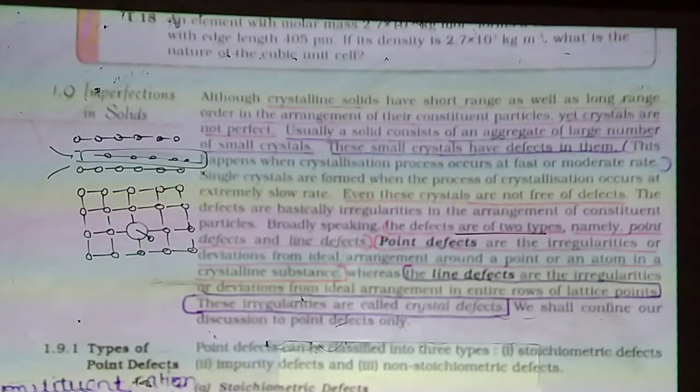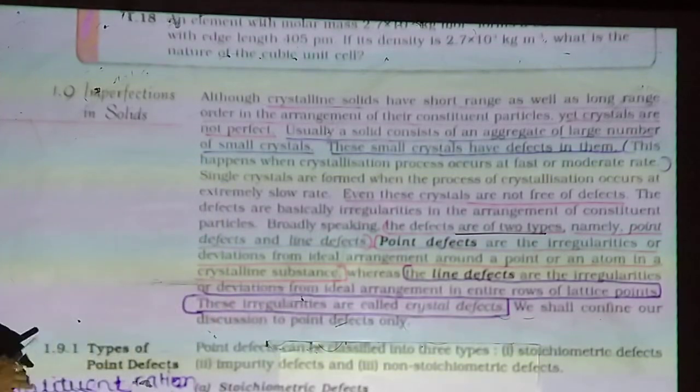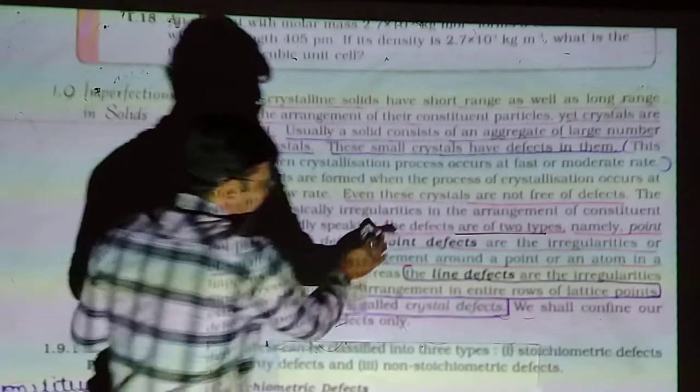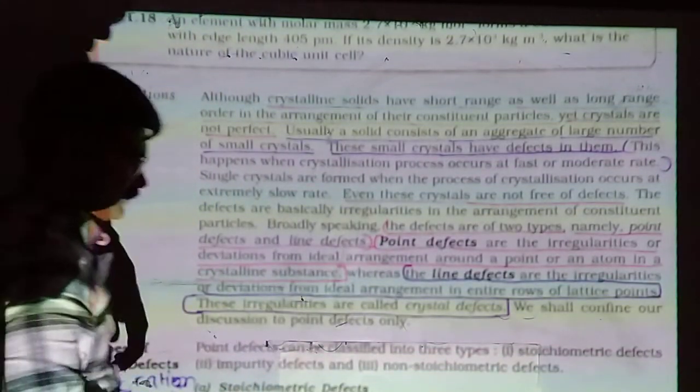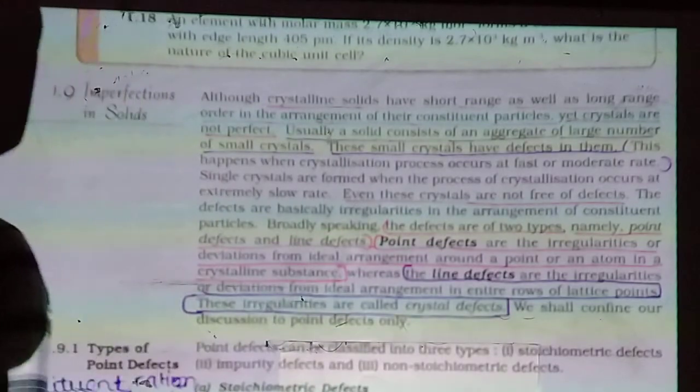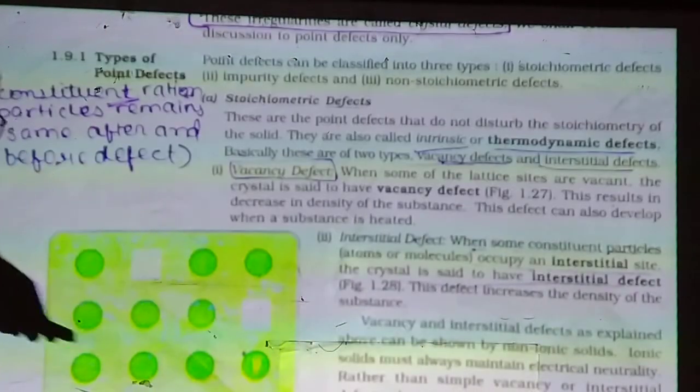But in this chapter, in our syllabus, only point defect we have to discuss. Line defect is not in our syllabus of 12th science. So here we will discuss only point defects. So now we are going to the types of point defects. Point defects can also be classified into three types: stoichiometric,